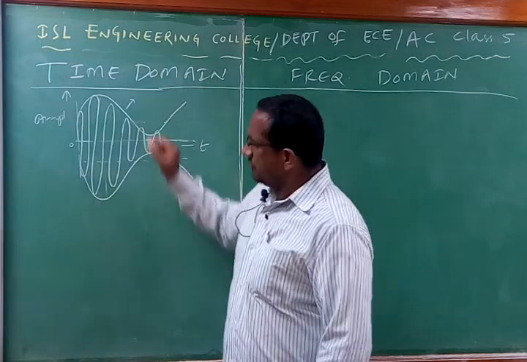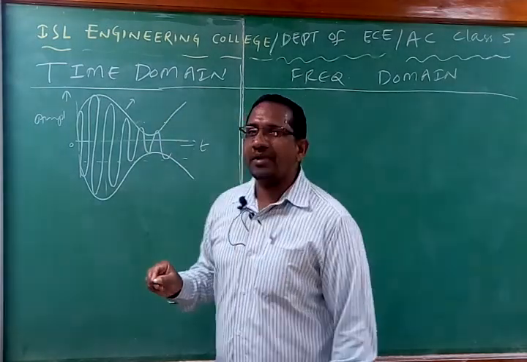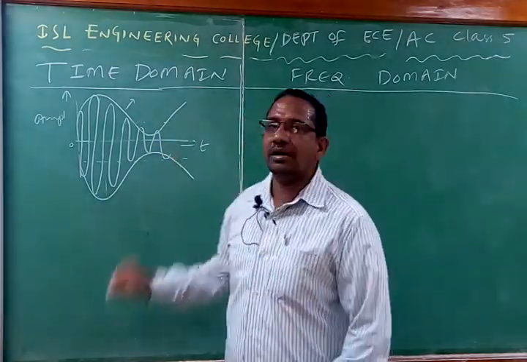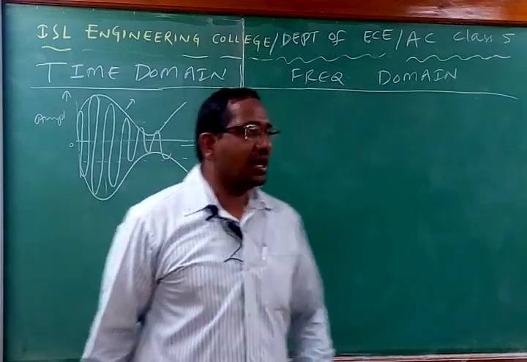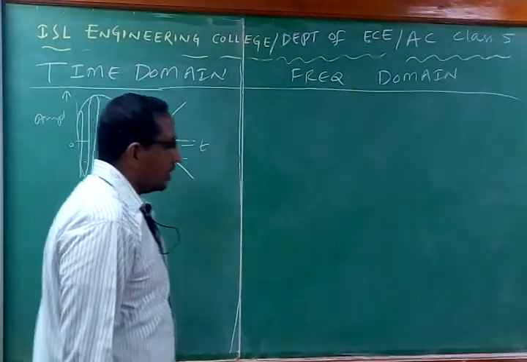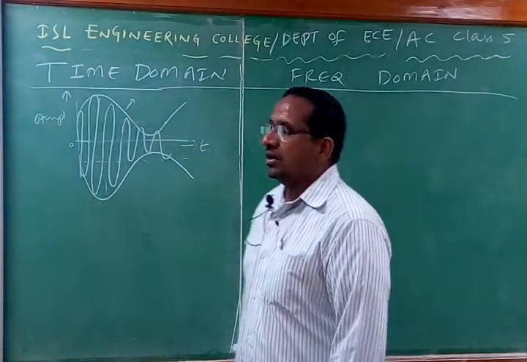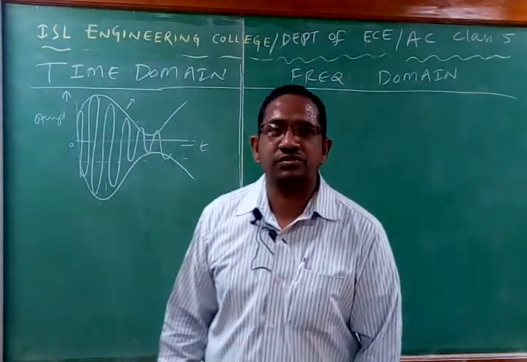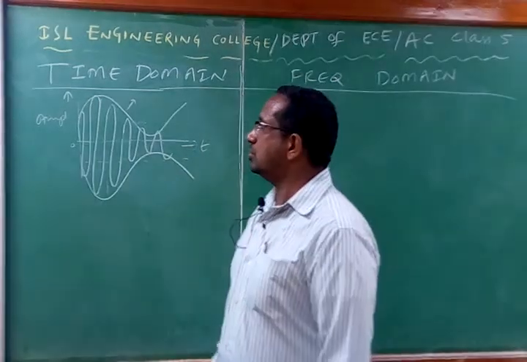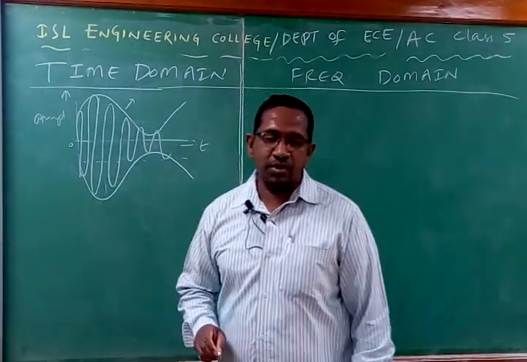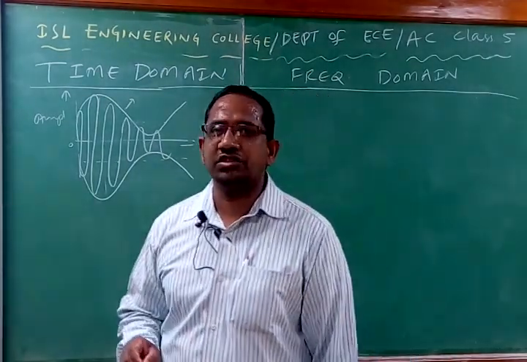So we have to perform the analysis mathematically in the time domain. To do that, what do we have to use now? We have to use some notation, some parameters. Various textbooks use various notations. Here also, don't bother about the variation, bother about the concept. What is the underlying concept that we have?